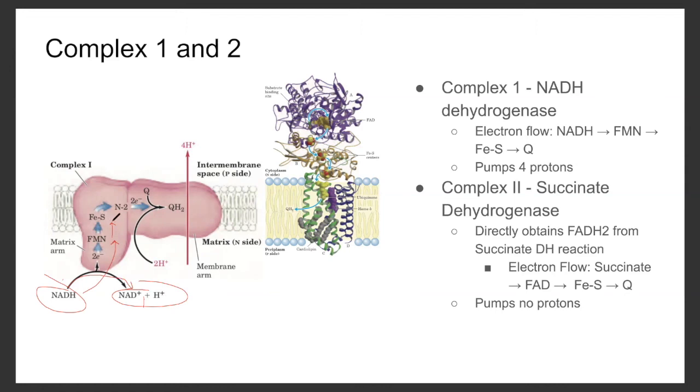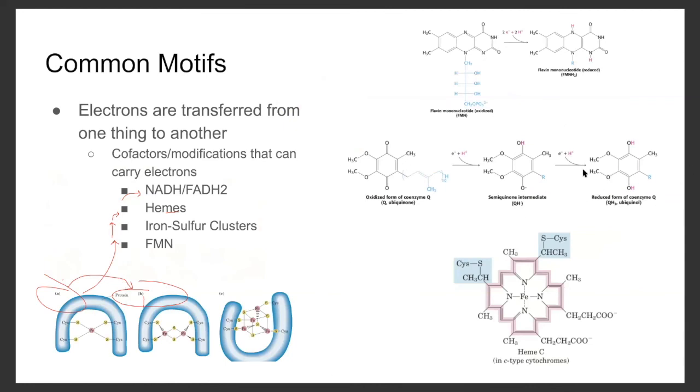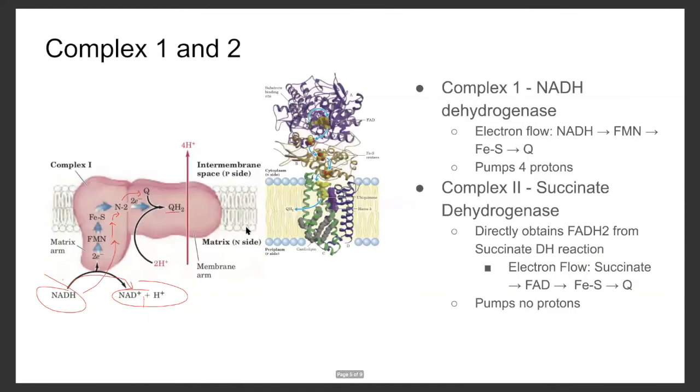Then it gives it to a special molecule called N2. You don't necessarily need to know what that is. It's an electron carrier. And then lastly, it gives it to Q, ubiquinone, to become QH2. Hopefully with these FeS, QH2, FMN, you guys can refer back to this page. QH2 is ubiquinol. And what's more important to note about this is that the